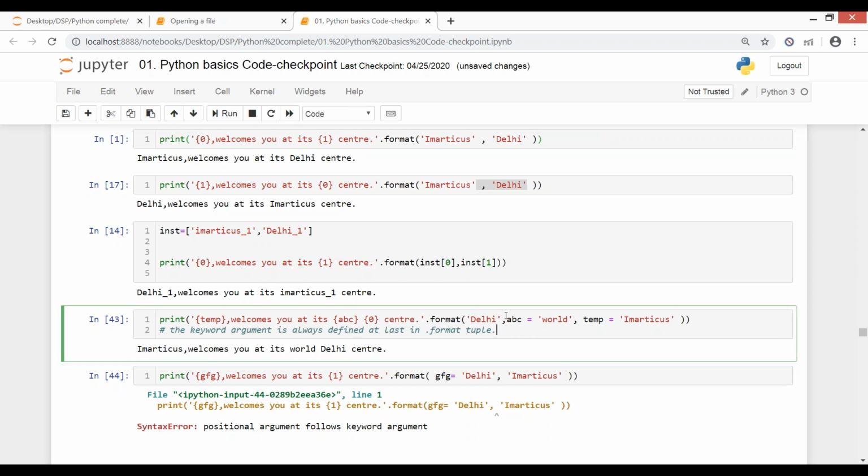क्या समझ रहे हैं आकाश, बताओ इसमें. जैसे हमने यहाँ पे we gave the key value pair here, पहले हमने क्या दिया था value, right? उसके बाद हमने key value pair दिया था. ABC was referring to world, temp was referring to Marticus. But let's say I want to do it this way. I want to create an object which is referring to Delhi at first, that is index 0, और उसके बाद I just want a simple value to write. So these kind of things cannot happen. पहले आपको सिर्फ standalone values ही लिखनी पड़ेंगी and after that only you can define this key value pair.